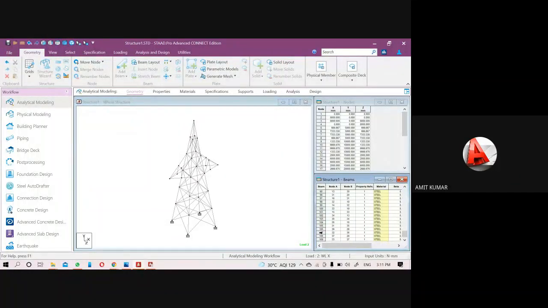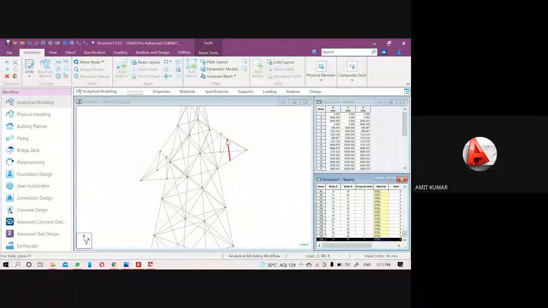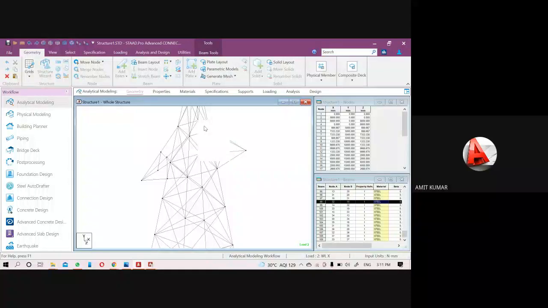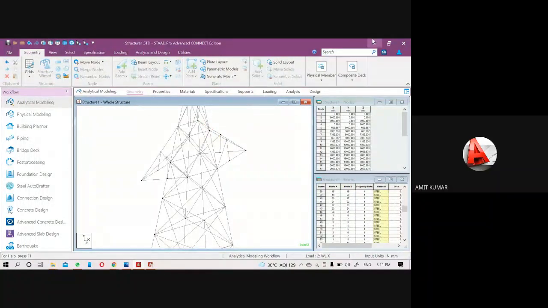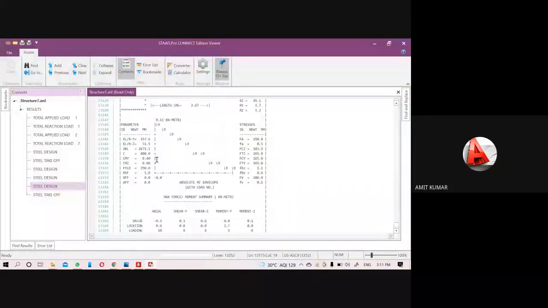On member number 109, there will be very little force. You can see it here. It is member number 109. Same for this type of steel, there will be a different type of steel. Okay. So that was the procedure of giving the data through the software. Now we can assign these values by ourselves also.